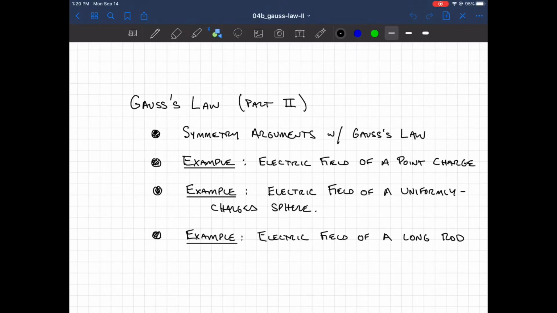This is the second part of the Gauss's law lecture, and what we'll do here is a number of examples, the first of which is actually an example we've done already, the electric field of a point charge. We need to revisit that because we're going to learn how to do a Gauss's law example without any reference to our prior knowledge about Coulomb's law or the direction of electric field due to a positive or a negative point charge. All of that information is contained within Gauss's law, as long as you also have an additional piece,